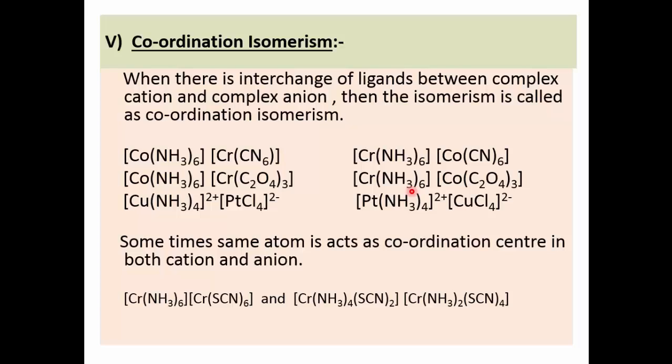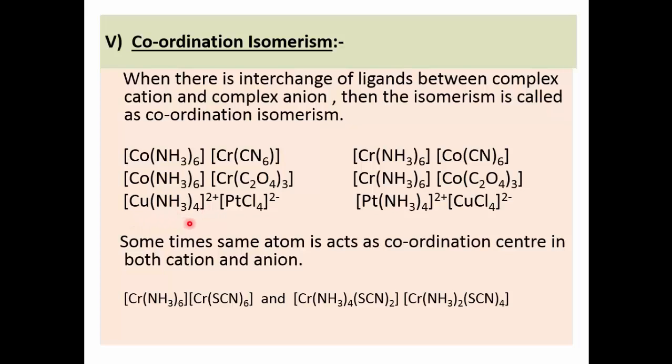Now to chromium, ammonia molecules are coordinated, while to this cobalt, oxalate ions are coordinated. That means the first one is the cation, and the cobalt complex is the anion. So in this way there is interchange of ligand. One more example, [Cu(NH3)4]2+